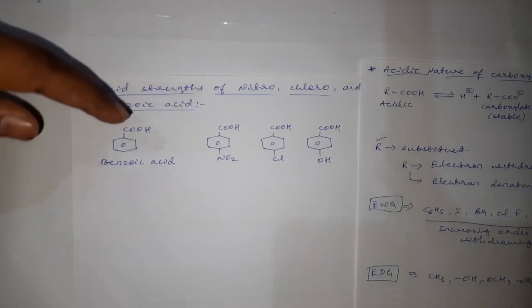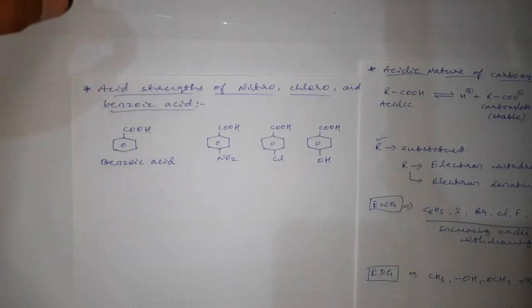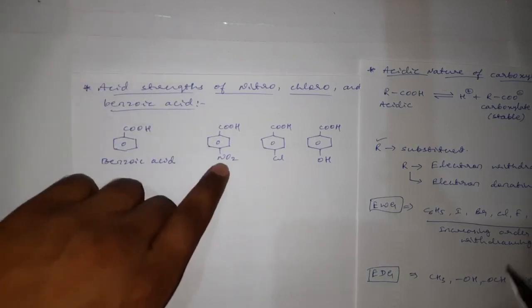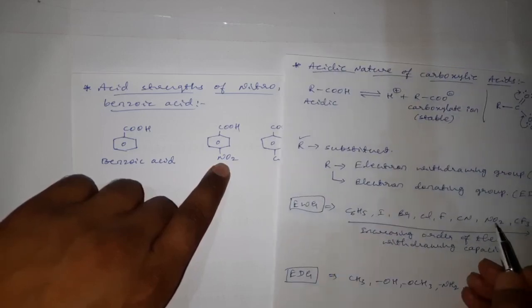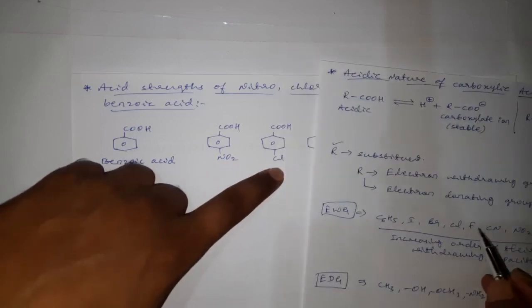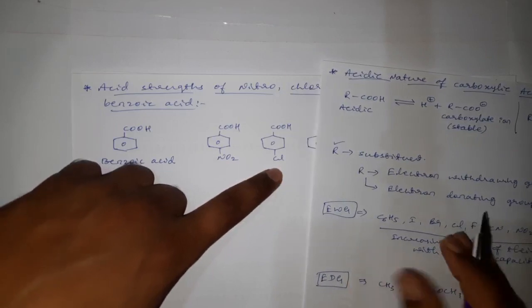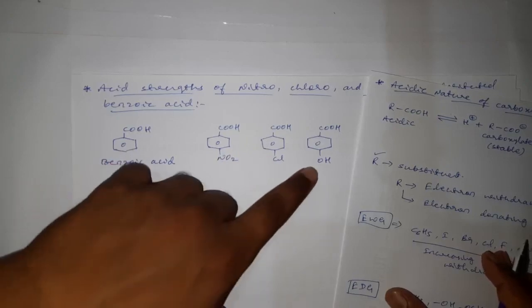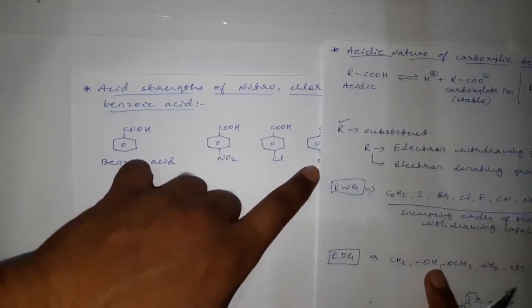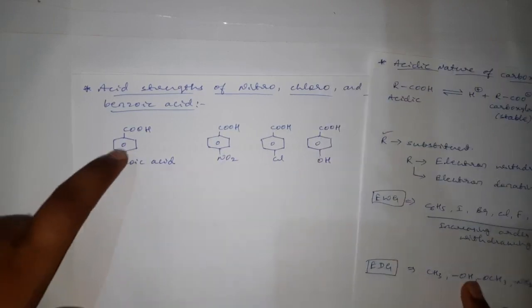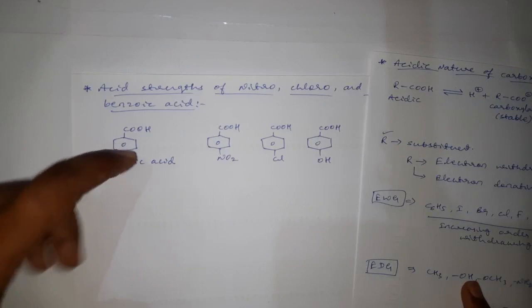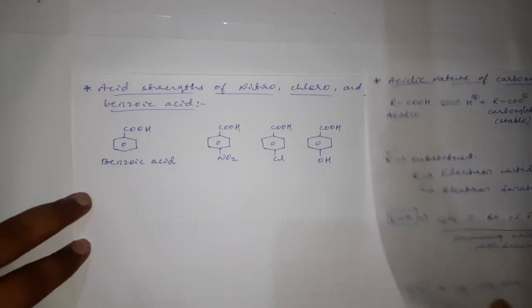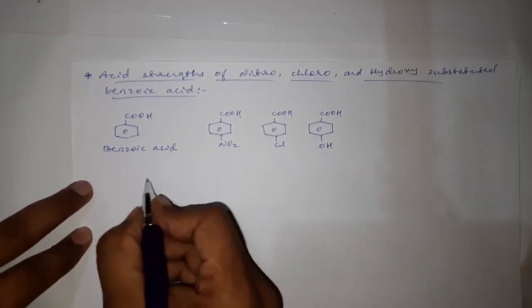No doubt here also the acidic nature completely depends on the nature of substituent which is present on the benzene ring. Here nitro group and chlorine group are there as electron withdrawing groups, means these will increase the acidic nature of benzoic acid, correct? Then this OH group is an electron donating group and it will decrease the acidic nature of this benzene. Then now if we want to write a pattern for these four molecules, how can we write? Just see here, this nitro group,